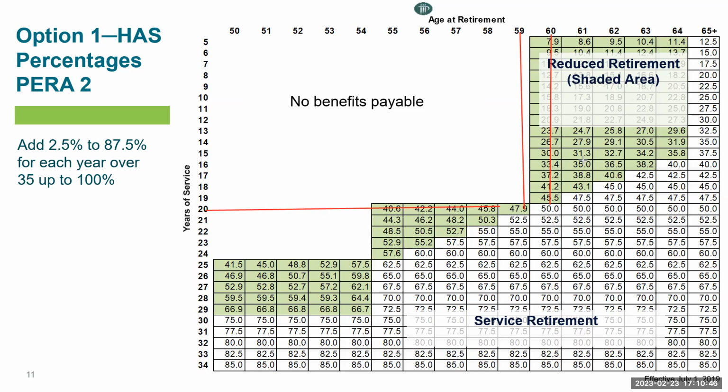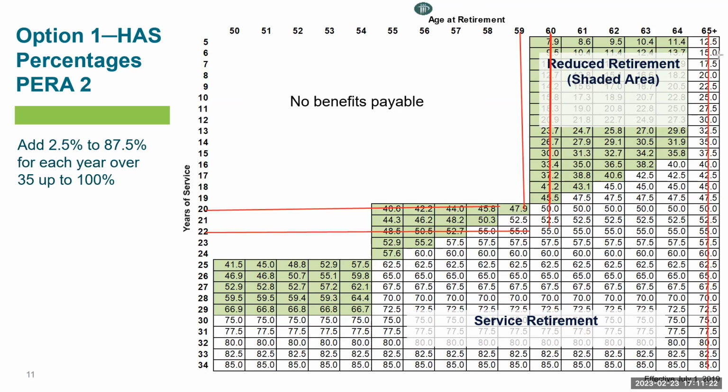If you don't want a reduced benefit, then you'll want to take yourself to one of these white boxes. So if this person just worked until they were 60, and at that time had 22 years of service credit, they would get 55% of their highest average salary, and they would not be in reduced retirement anymore. Most people, because of Medicare and other reasons, choose to wait till they're 65. As you can see, everyone is eligible for a full benefit at age 65, no matter how many years of service credit you have.